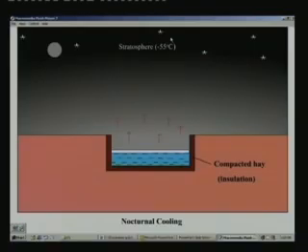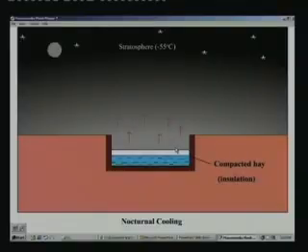So in nocturnal cooling, you leave a shallow pool of water in the night sky. For the water to become ice, its temperature has to be brought down from the initial temperature to 0 degree centigrade, and at 0 degree centigrade it has to lose its latent heat of fusion so that ice can be formed from the liquid water. For this to happen, you have to have a heat sink whose temperature is much lower than 0 degree